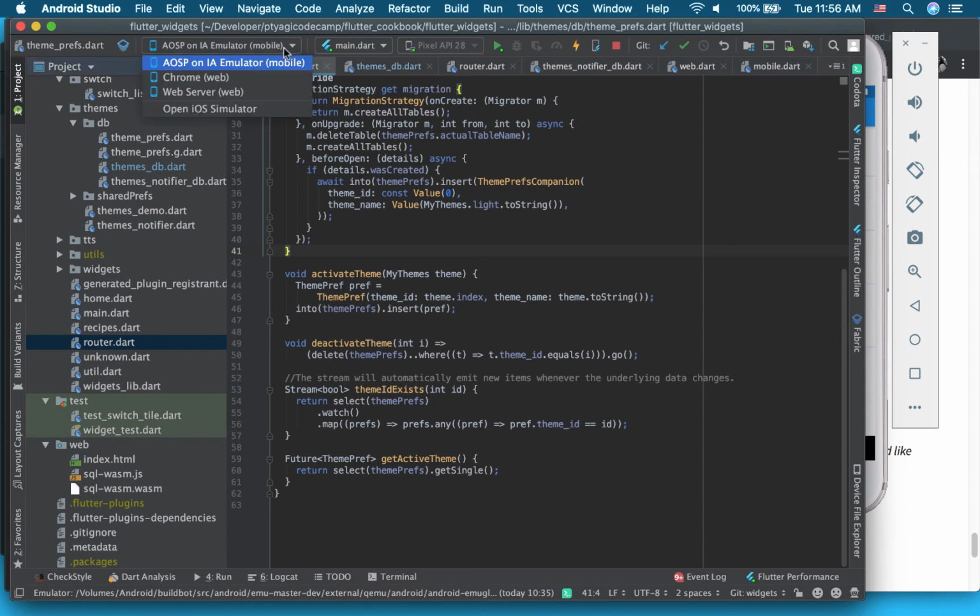So now you can run on Chrome or from the iOS Simulator right from the IDE, as you know. So when I click on this, it will take a couple of minutes and will launch it. And at the same time,